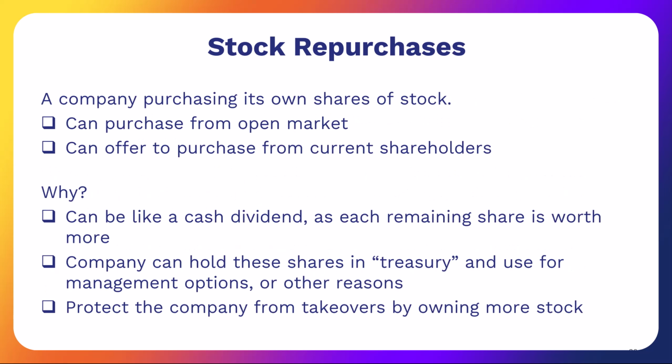Companies often buy back their shares when they believe the stock is undervalued or if they have some excess cash. For example, Apple has been a leader in share repurchases, buying back billions of dollars worth of its stock. This reduces the number of shares outstanding, increasing the value of each remaining share. It also provides some flexibility compared to dividends, as companies can adjust buybacks based on cash flow conditions.